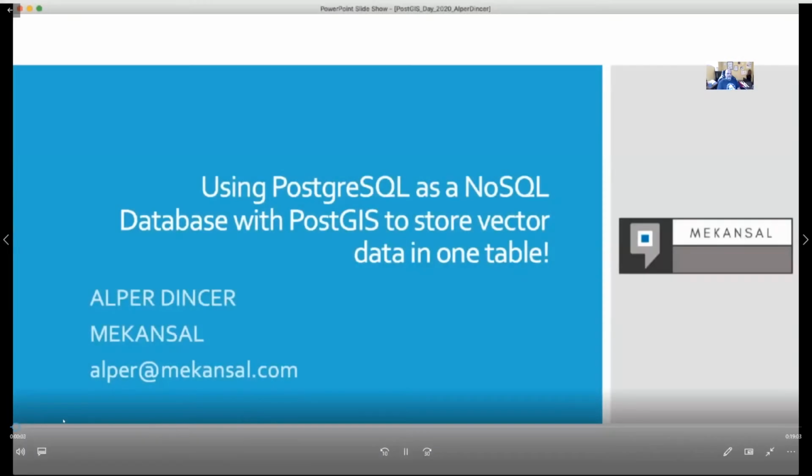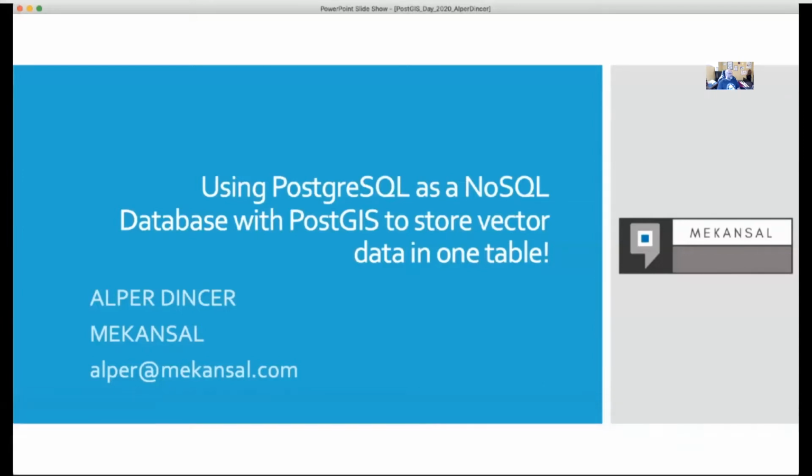Welcome all. I am Alper Dinçer from Ankara, Turkey. I am the co-founder of a special company named Mekansal. Today I will be talking about using PostgreSQL as a NoSQL database with PostGIS to store vector data in one